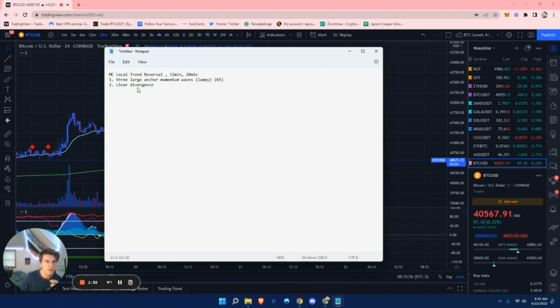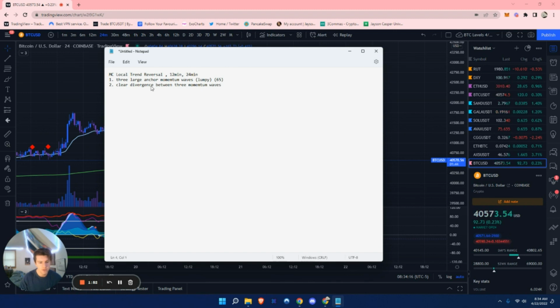And you want to see a clear divergence. I want you to be more picky about looking at the divergences when looking at this. You really want to see a clear higher high as momentum is coming down with this. And of course, it must be between 3